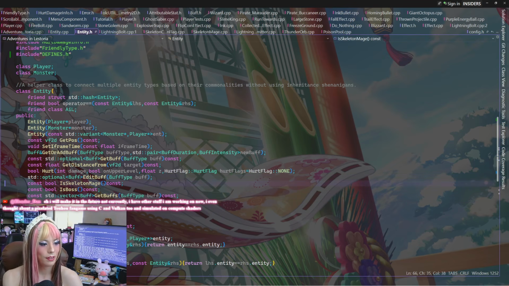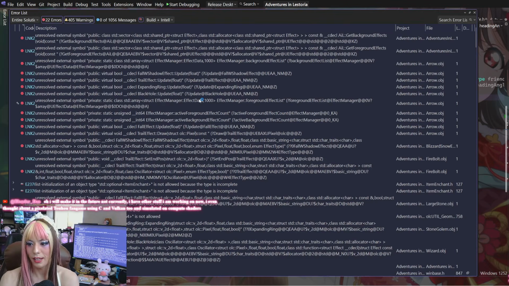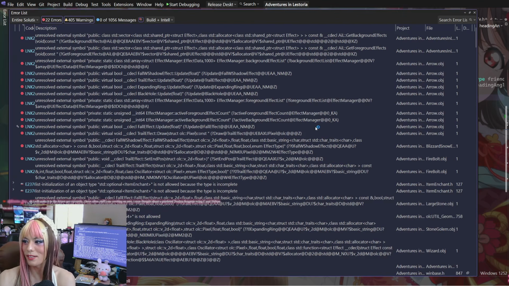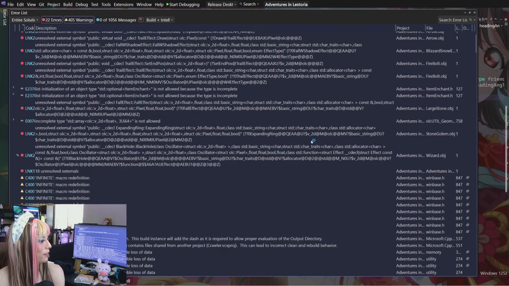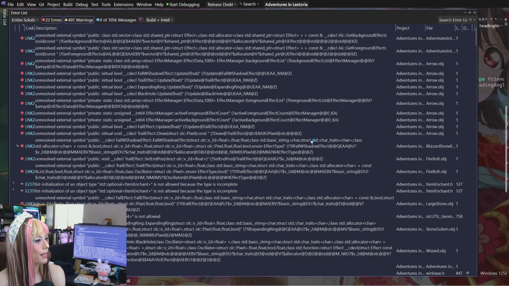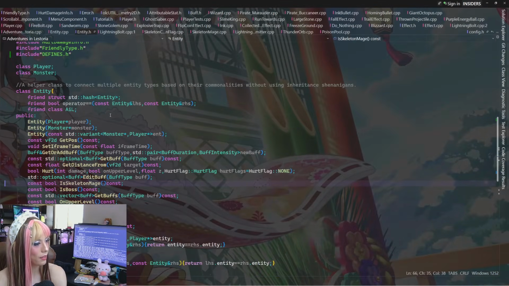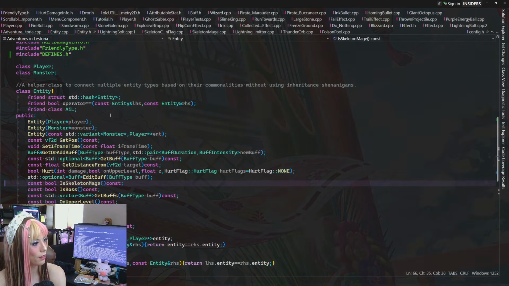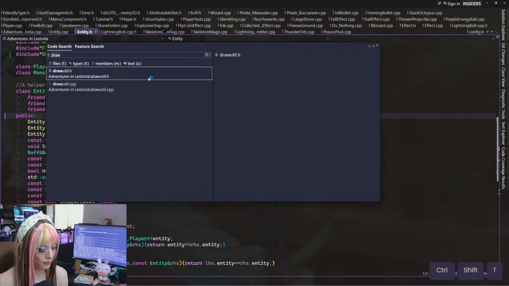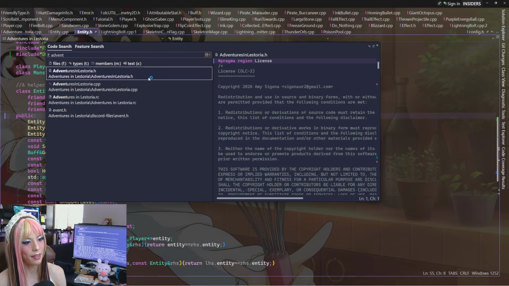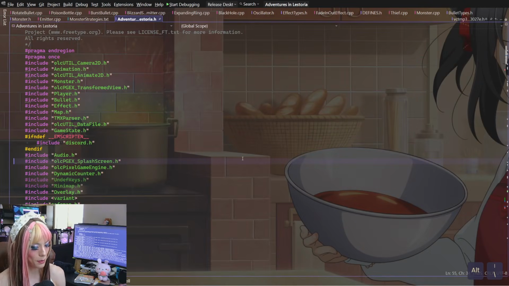But they designed it all, and we just, ooh, we're on to linker. Progress. Linker time. Alright. So we have get background effects is an unresolved external symbol. Okay, because that's static, so I think that's fair. Let me go look at that. That is also, I think, old though. I don't think that's supposed to be in here anymore. But let's see.